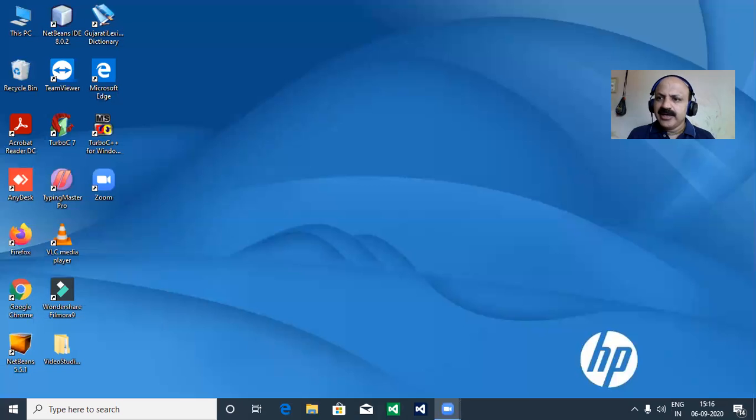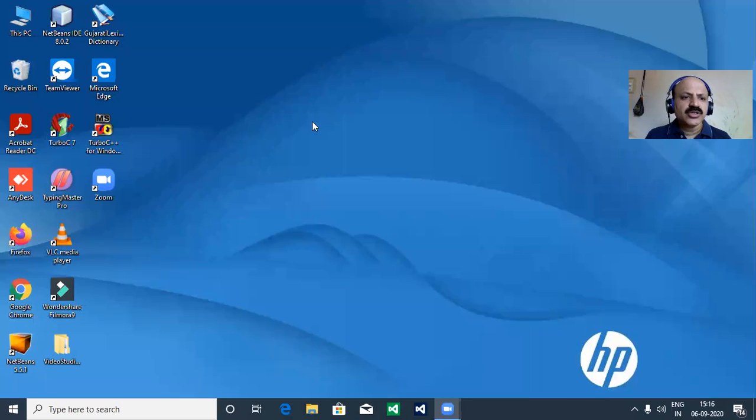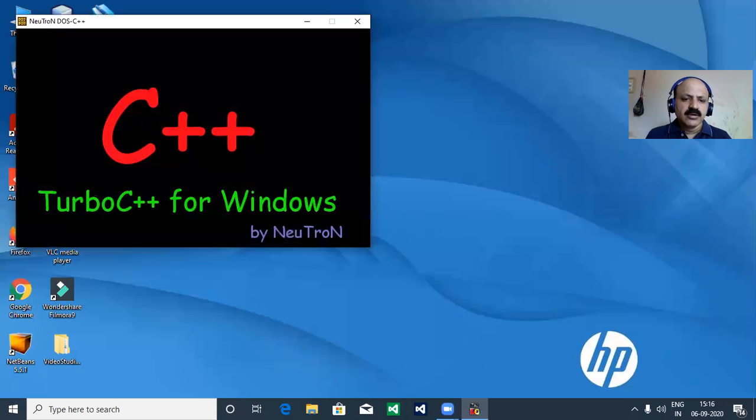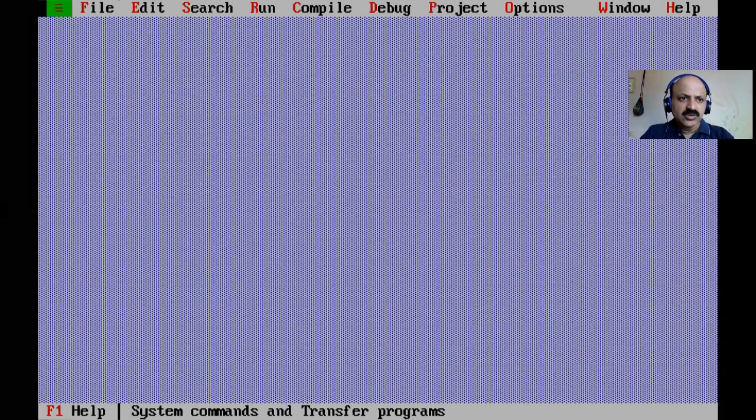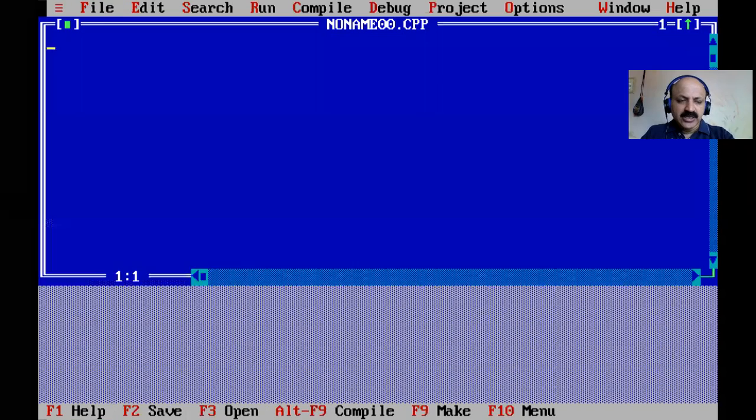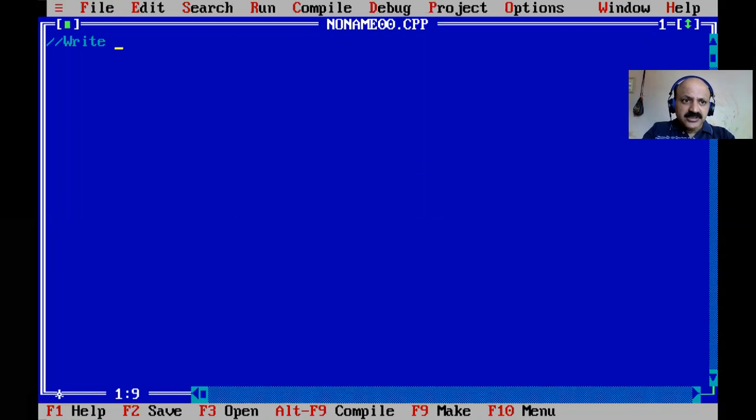In this session we learn the pyramid mix pattern. I share my laptop screen and fix the position so you can watch better with my video lecture. Here in Turbo C++, I just double click and wait some time for it to open. Now press Alt F for the file menu, take a new file, and write a program to print a pyramid as following. So that is a mix pattern.